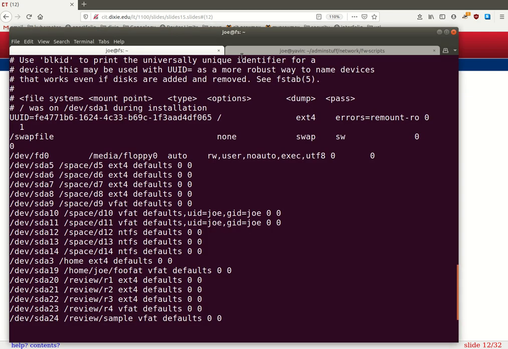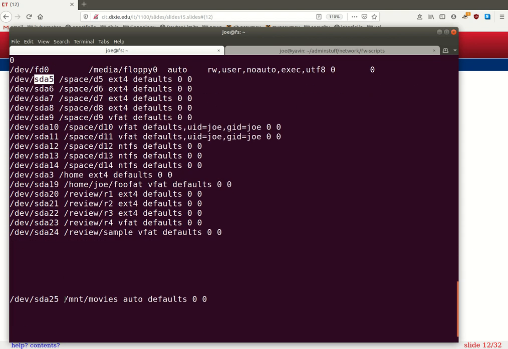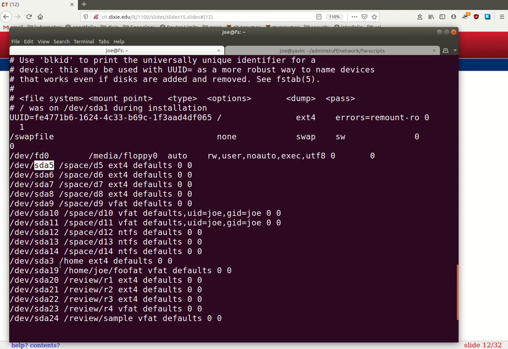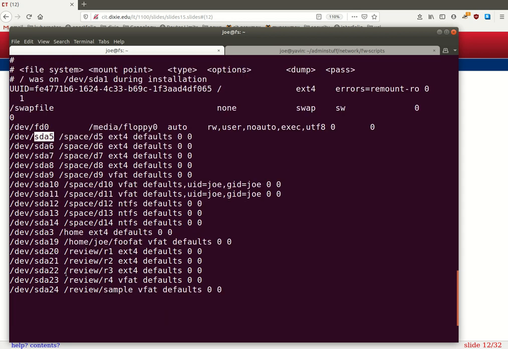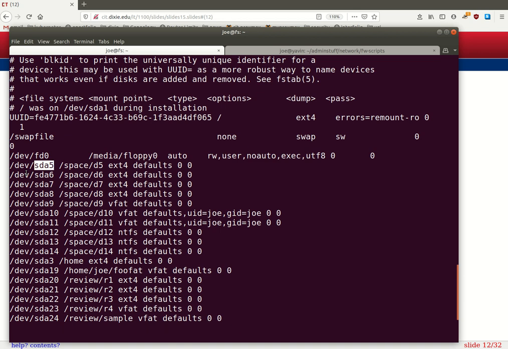Okay, here's an example of my /etc/fstab on one of my machines, and I have a ton of partitions here. You can see I have SDA5 through SDA24. In fact, I have SDA25 down there somewhere as well. But let's just take a look at this for a moment. So I've partitioned my disk roughly 25 times. And each of these entries refers to a partition